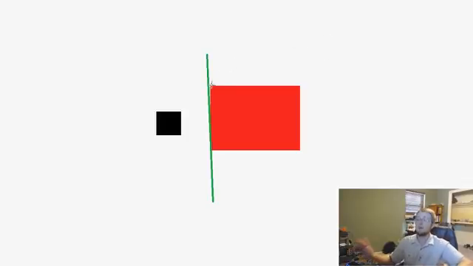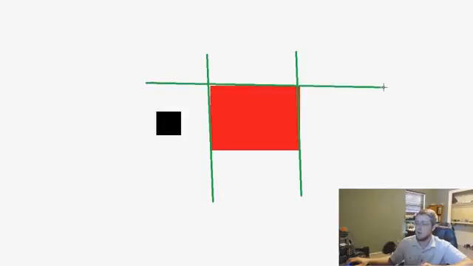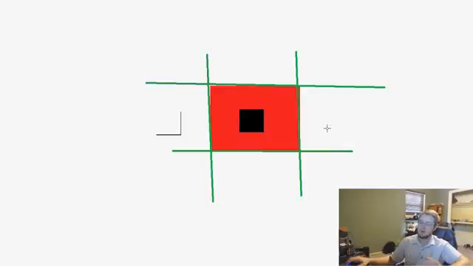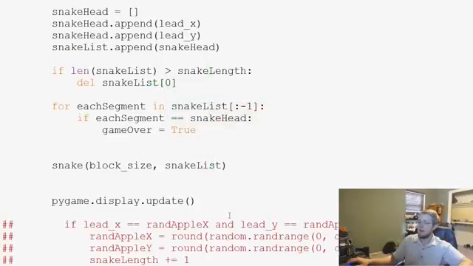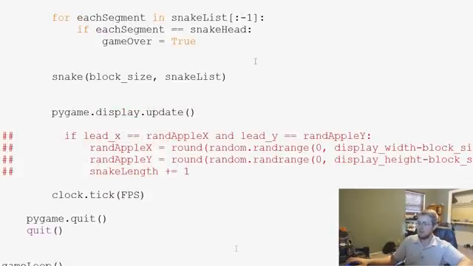And then how do we know where this other x boundary is? Well, we know what the thickness is of the box, right? So we could say this boundary plus the thickness, boom, we've got that boundary. By the same token, we know this is the y boundary. How do we know about the other y boundary? Well, it's y boundary plus thickness, right? So there's that boundary. So then we'll eventually know if the snake is actually in that box. So if the snake was here, we will know it because it will be within all of those limits. So let me close out of this epic paint job,